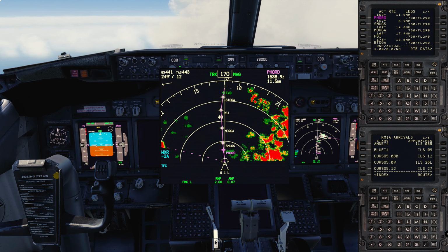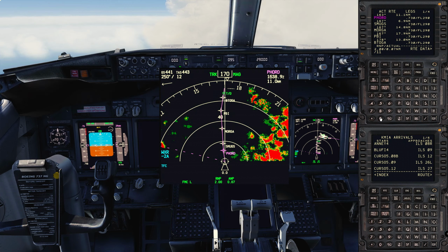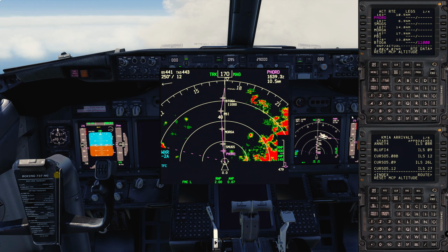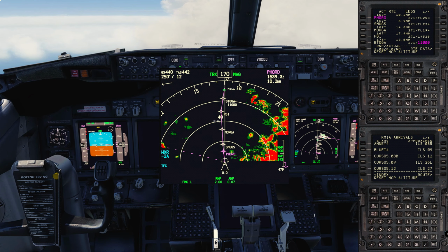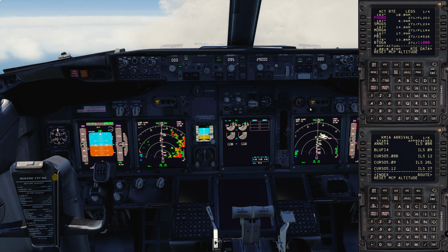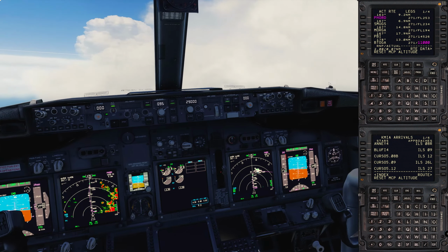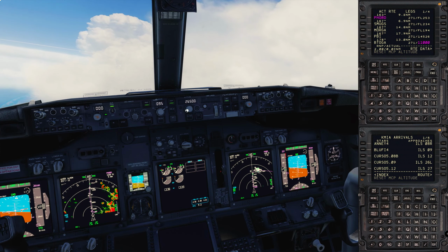Batoga. So we want /11000. Where does that bring our top of descent? Oh, yeah. LNAV. And we want to descend to...